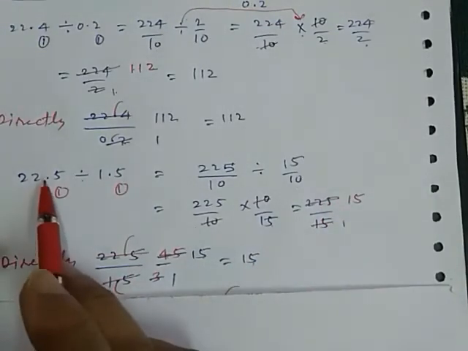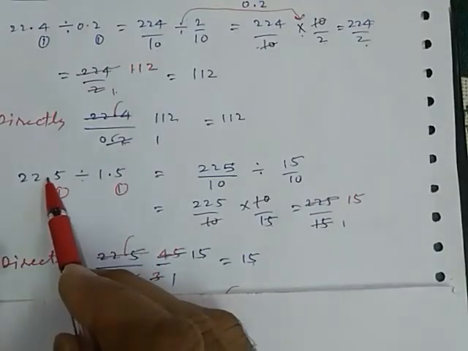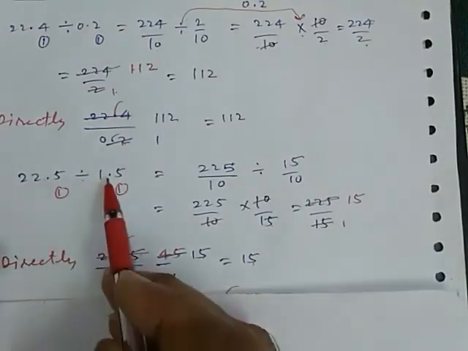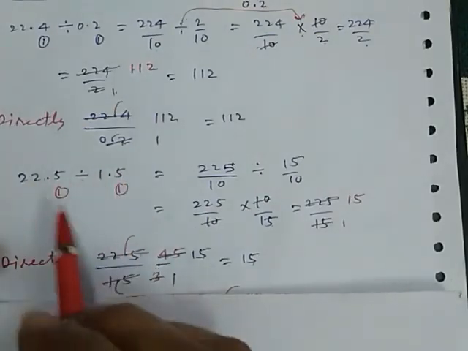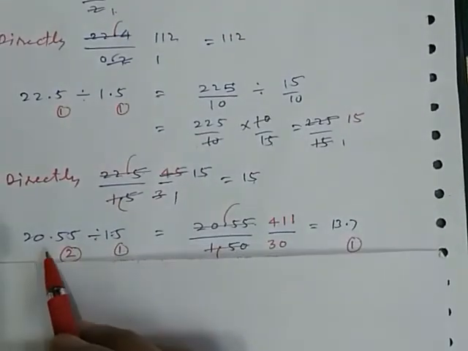But when we divide the digits, what do we have to do? If there is the same number of digits after the decimal, then consider them as a whole number and directly divide. Okay, in this way. Now we take one more example.